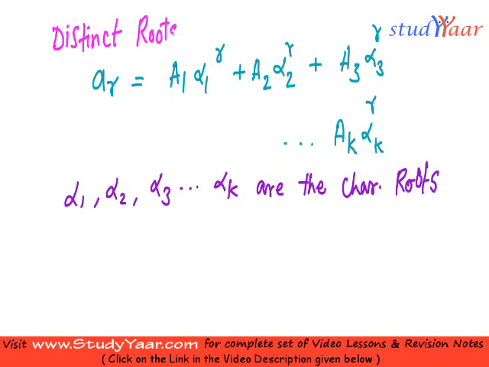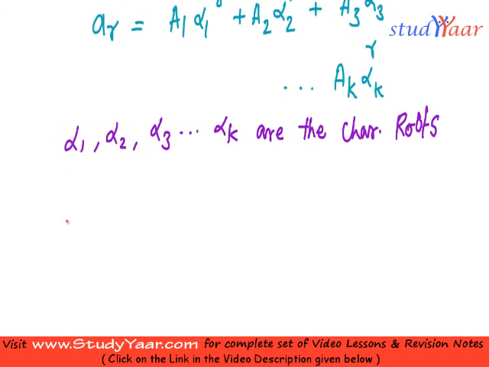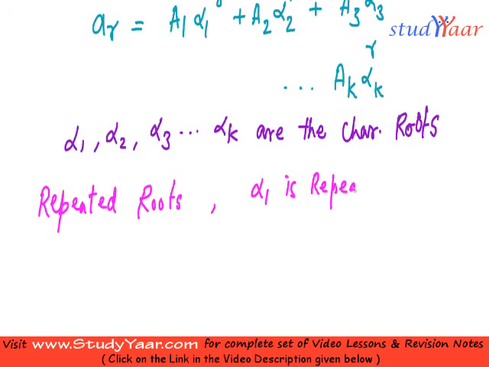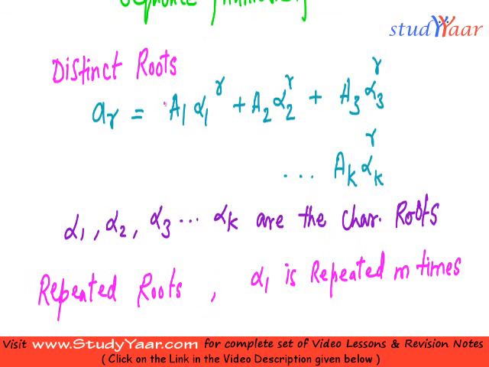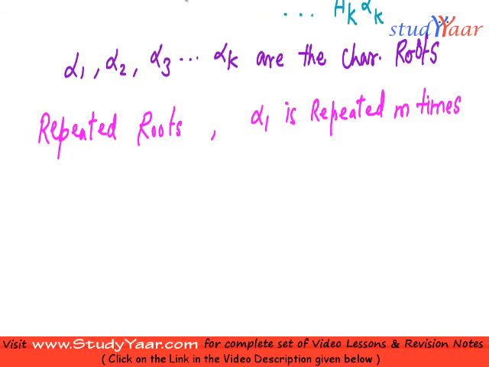And if you have repeated roots, let us suppose one particular root, let's say alpha 1, is repeated m times, then what you're going to do is you're going to replace alpha 1, you're going to replace this particular term with, I'm just going to write it, then replace